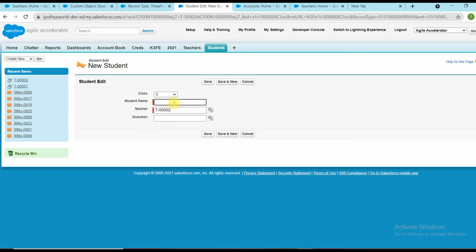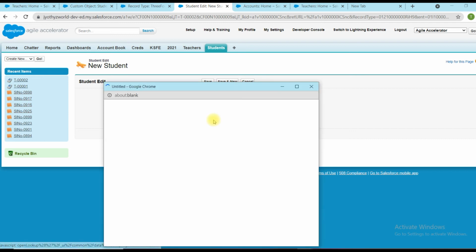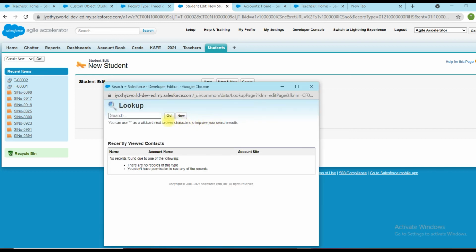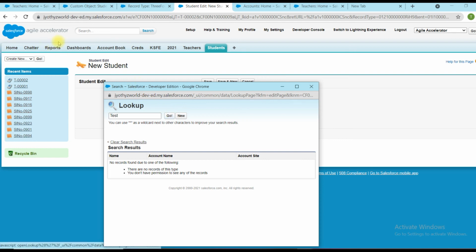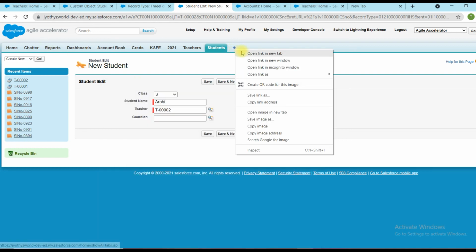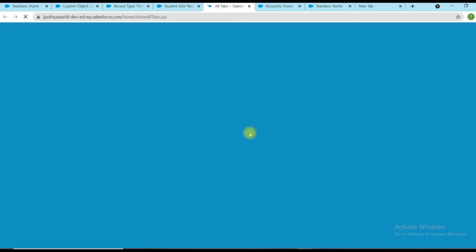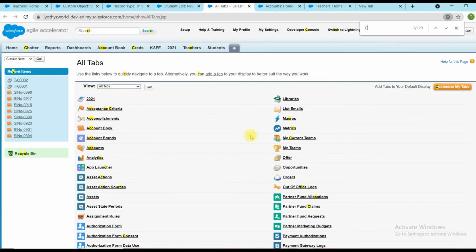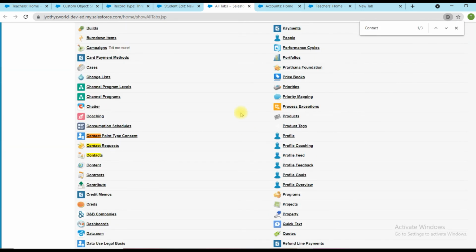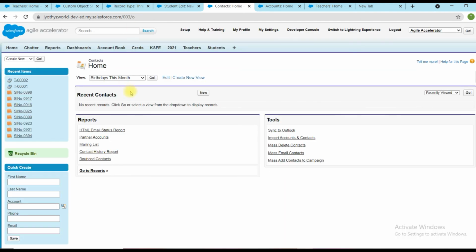Student name is Aarohi. Guardian name, we can take some contact information. Let me check if any contact record is available.